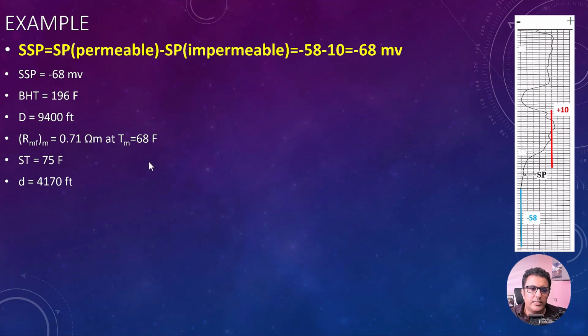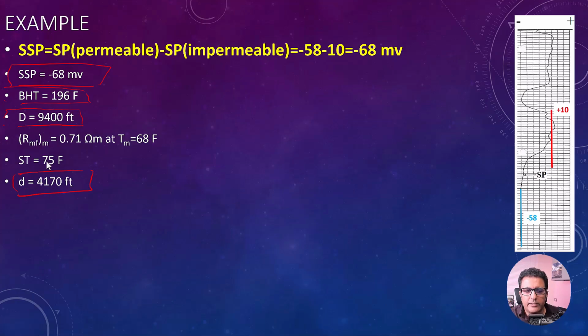So now consider this example. Assume that SSP is minus 68 millivolt. The temperature at the bottom of the borehole is 196 Fahrenheit. The depth of the borehole is 9,400 feet. And if we assume that here the surface temperature is 75 Fahrenheit and the depth of the formation is